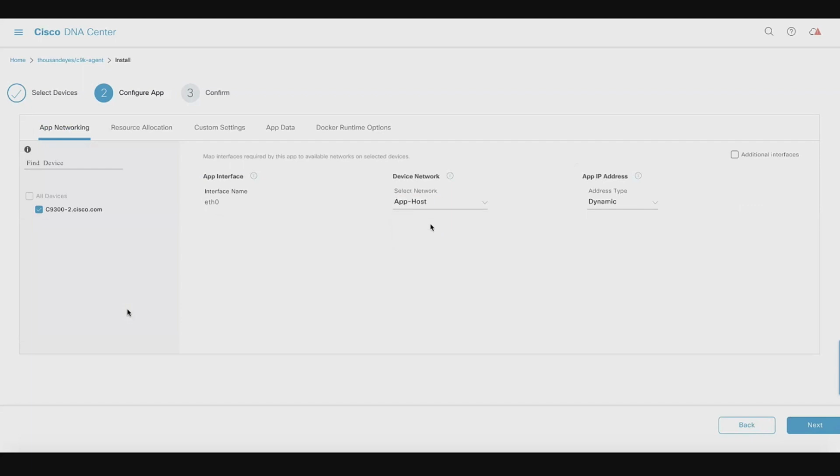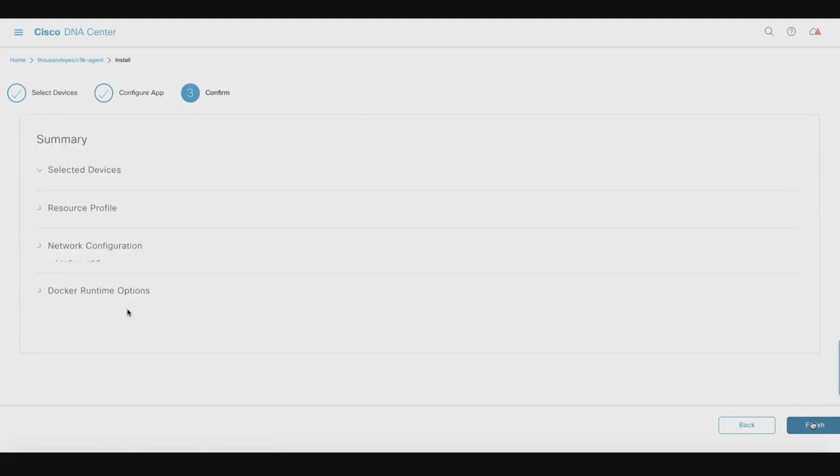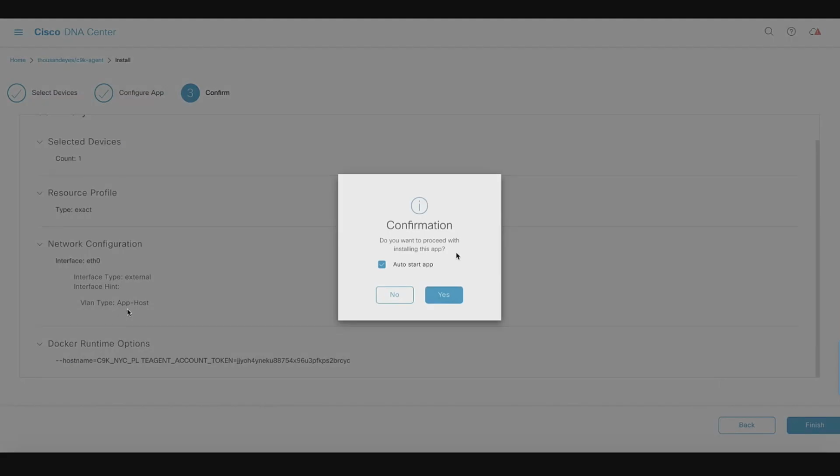In this case, we need to specify the network that the agent container needs to connect through, specifically the VLAN. I've also defined that I'm using DHCP to grab an IP for the Docker container that's going to be running. And again, there are Docker runtime options that you can specify to run the agent. Once I go through the provisioning process, hit auto start the app, and hit the application to be deployed, you'll see a progress bar that deploys that. In the interest of time, I've actually gone ahead and